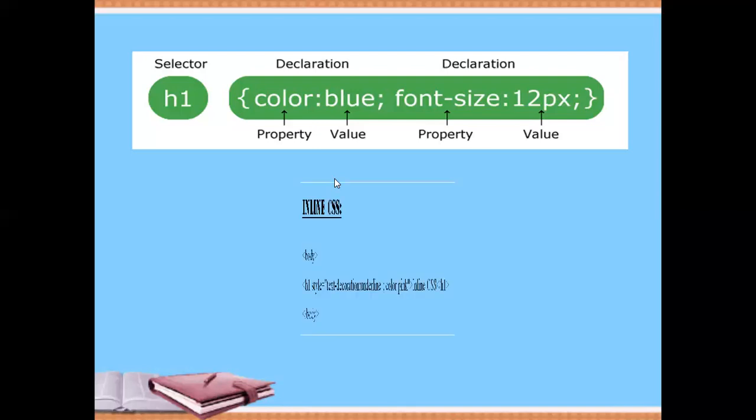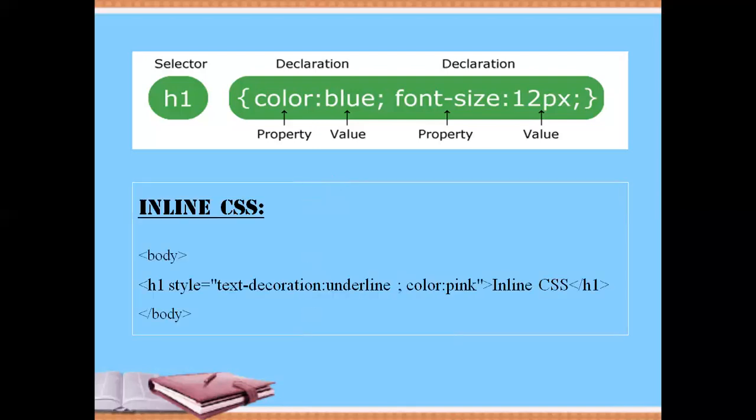When it comes to inline CSS, you write inline CSS always in the body section using the style attribute. This attribute can be put in any tag for multiple style declaration. Now here if you consider this example, I have written H1 style is equal to, and I have put properties of CSS inside. You can write as many properties in these double quotes, but do not put double quotes for single properties like after text decoration colon underline.